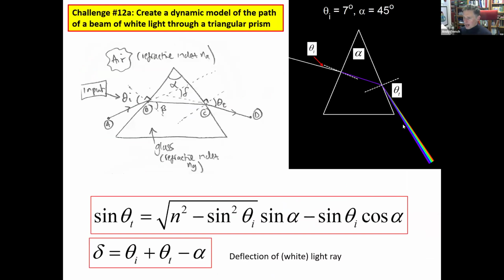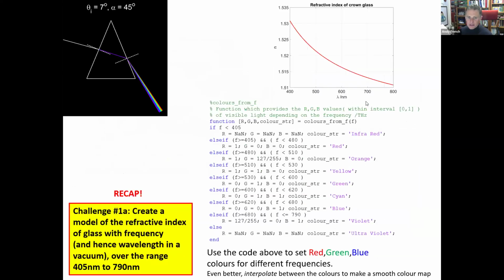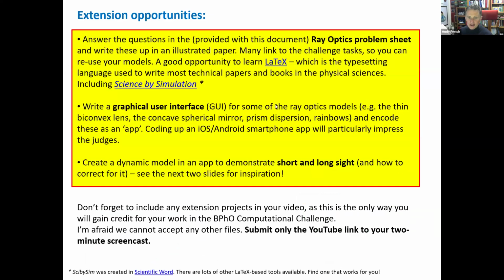We've got a whole bunch of stuff about lenses, which is like transforming an image, and then a few intro things, which is about plotting graphs and using Excel for analyzing some optics data. So there's those 3, possibly 4 stages to this, which I would encourage you to combine. So there we go. That's the challenge. There's obviously lots of extension opportunities as well, like graphical user interfaces. Maybe you could write a little paper on some of it.